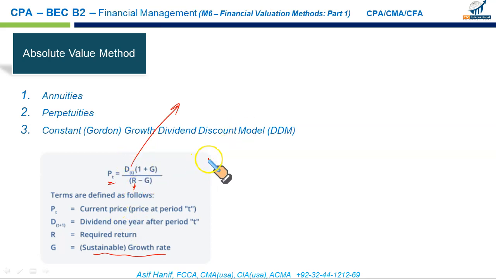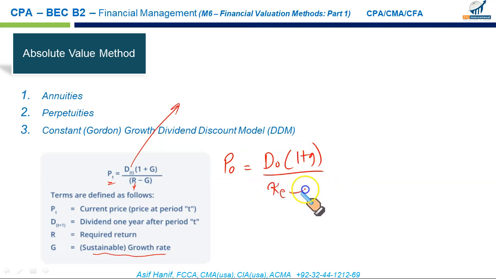Now this is important. The version of the formula you might have studied in your CMA, you might have seen this. The current price is equal to the current dividend just paid multiplied by 1 plus growth rate, divided by the cost of equity minus growth rate. It is exactly the same. Here Dt is the dividend just paid now, that is D0. g is the growth rate. Ke is the return required by the investors, or the cost of equity, and g is the same, the growth rate, right?